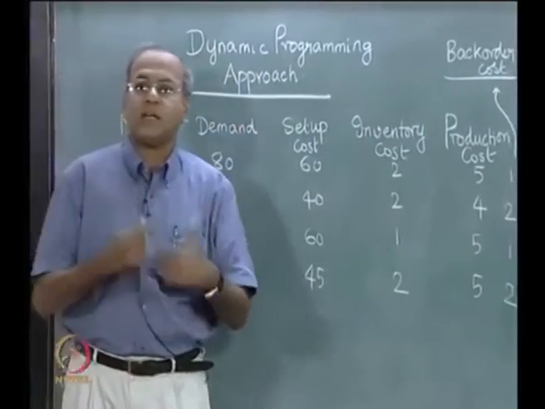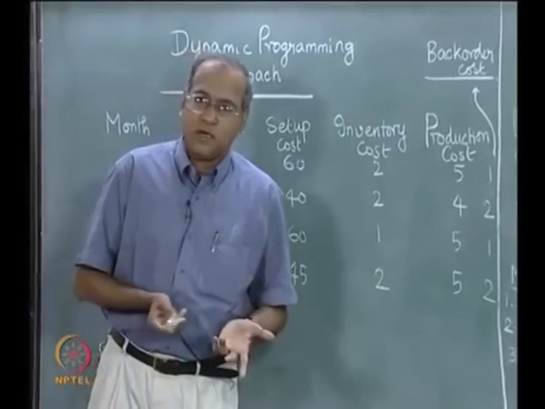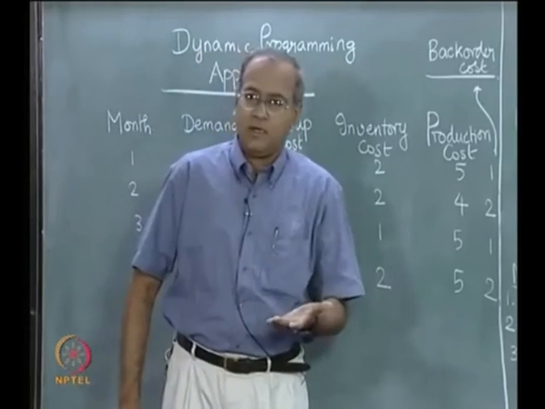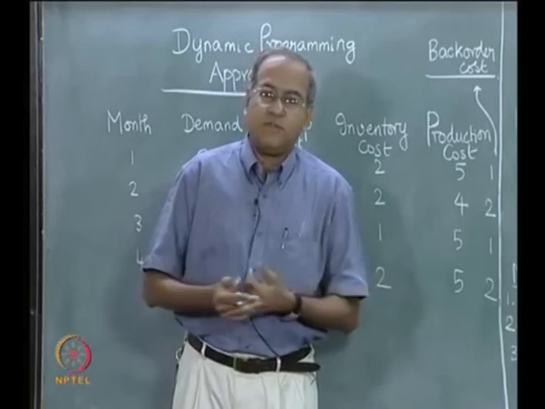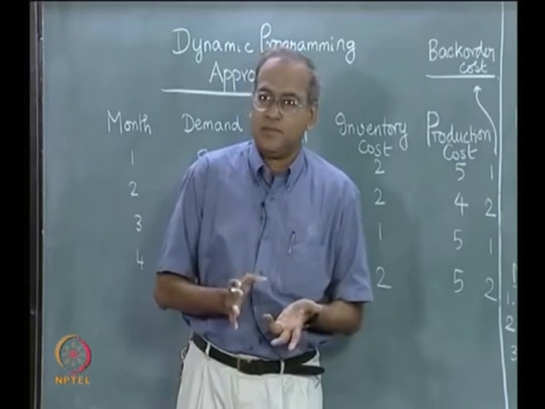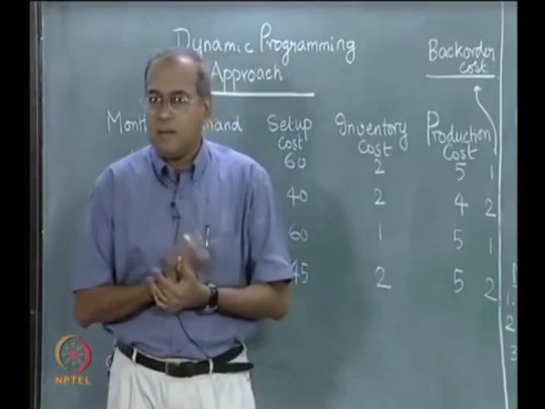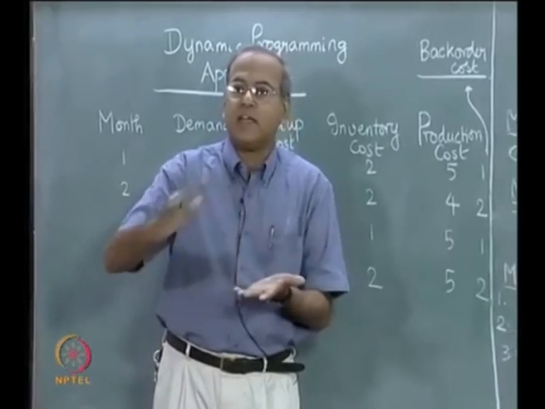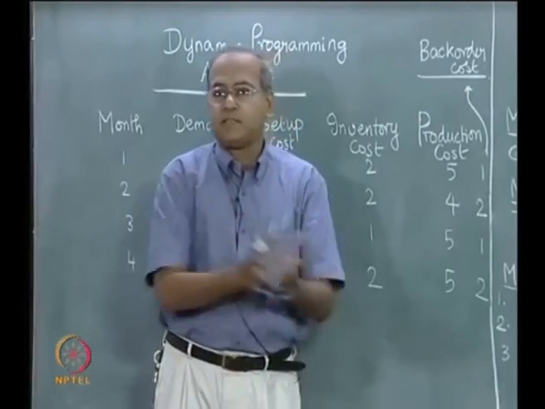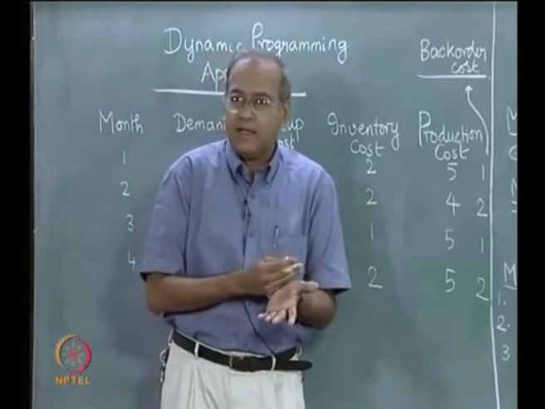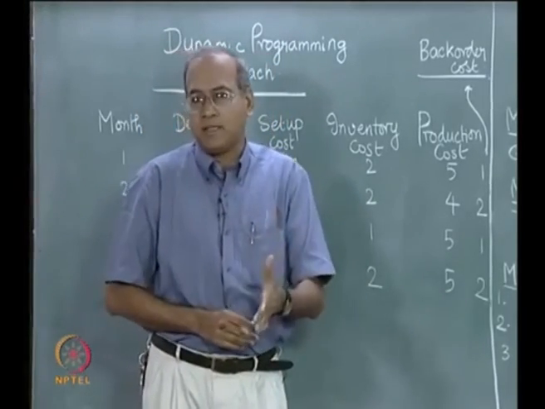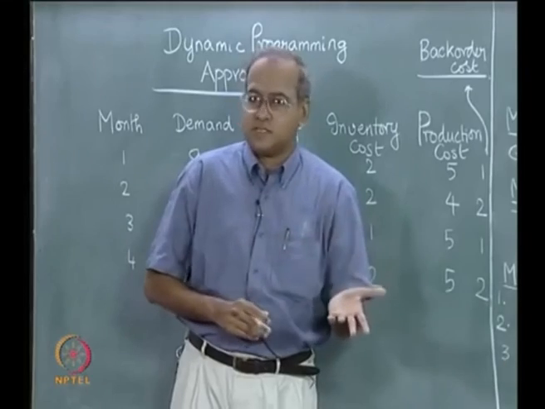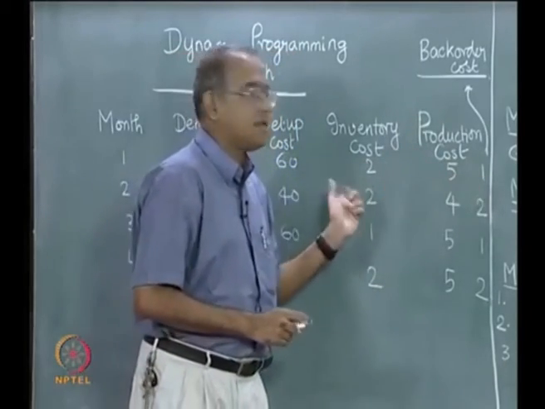cost of back order is much higher than cost of holding inventory. Cost of back ordering has an important component, which is the loss of customer goodwill, because back ordering is employed. So, which is not a cost that can be easily measured. So, cost of back ordering is much higher. Many times back ordering also results in, for example, airlifting a certain product from one place to another place, because there is a delay and already there is one period backlog that is accumulated. So, people would like to transport it as quickly as possible with increased costs. So, cost of back ordering is much higher than cost of